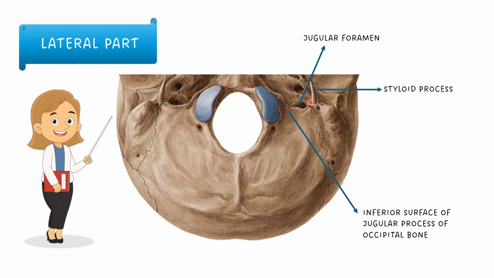The styloid process is a conical projection below the tympanic part of temporal bone. It is directed downwards, forwards and slightly medially. It provides attachment to 3 muscles and 2 ligaments, which together we call the styloid apparatus. The 3 muscles attached to it are the styloglossus, which is attached anteriorly, the stylohyoid posteriorly, and the stylopharyngeus medially. The ligaments are stylomandibular, which is attached laterally, and stylohyoid, which is attached at the tip.